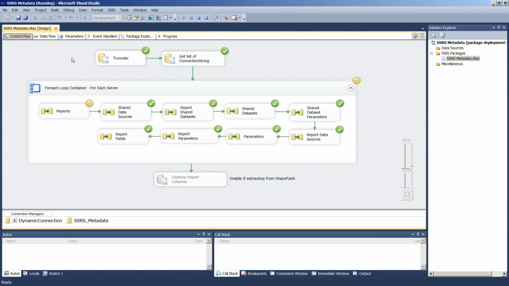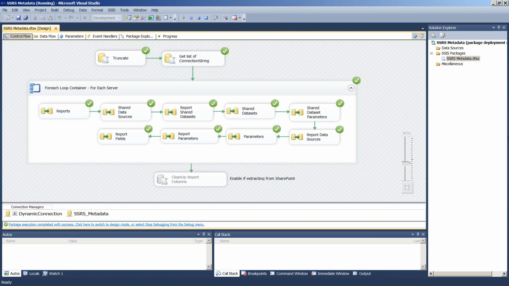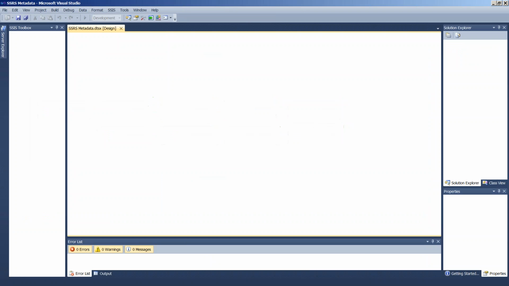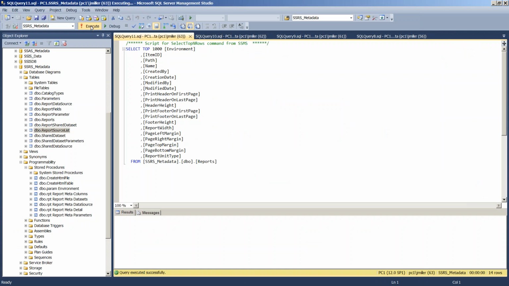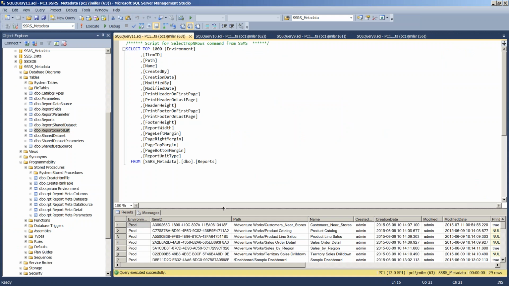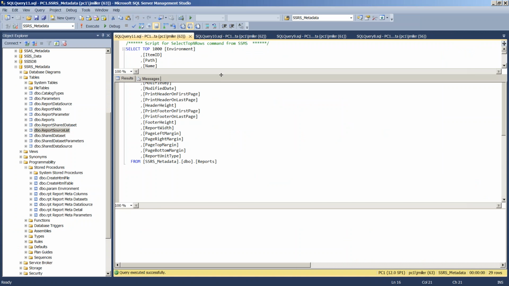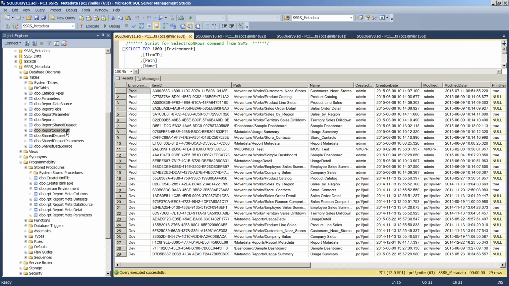There's the first environment, there's the next one. Okay, so now if I look at the reports,